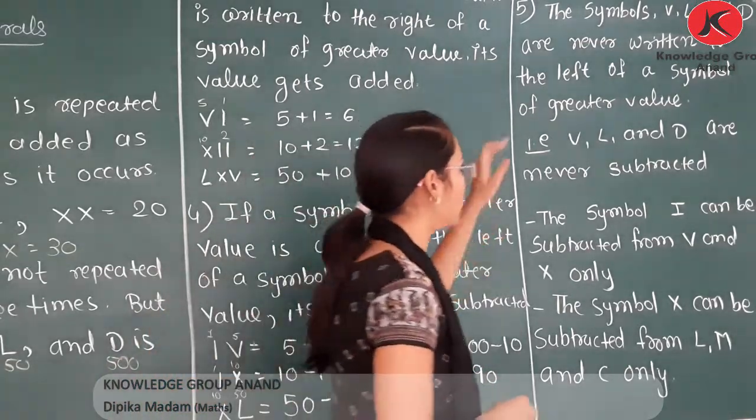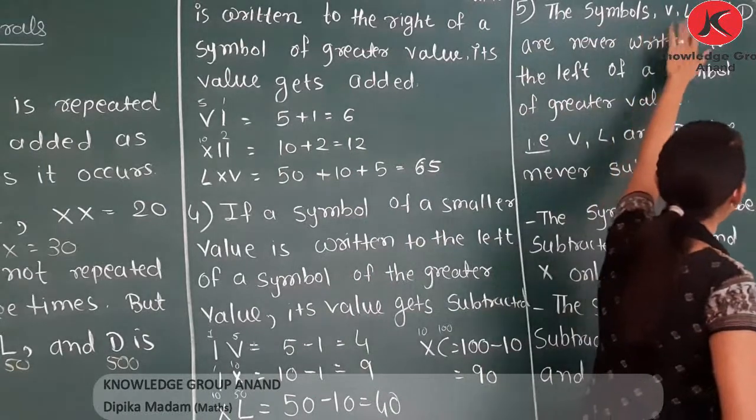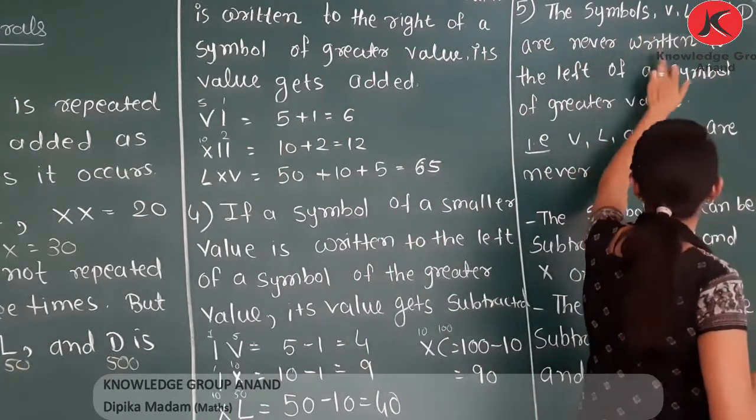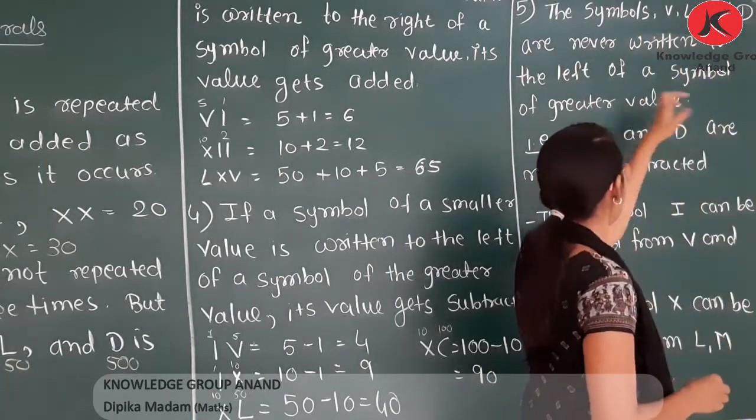Okay. Fifth rule. The symbols V, L and D are never written to the left of a symbol of greater